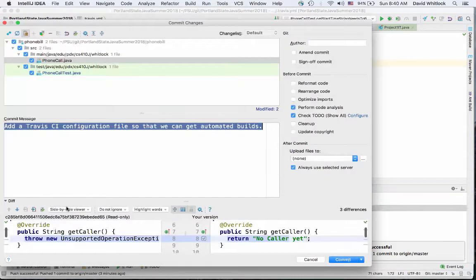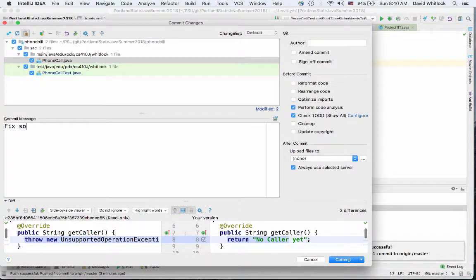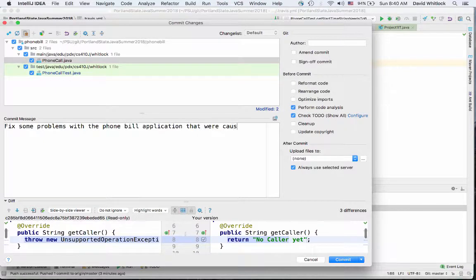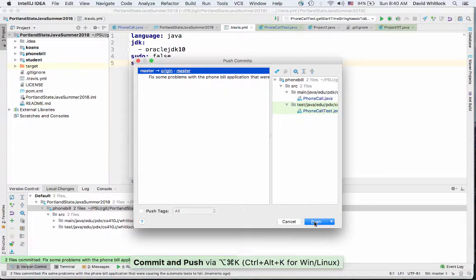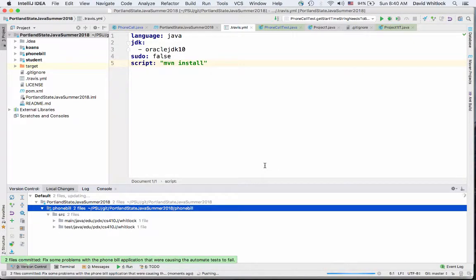Those are these. Fix some problems with the phone bill application that were causing the automated tests to fail. Push those up to GitHub. And when I push them up to GitHub,